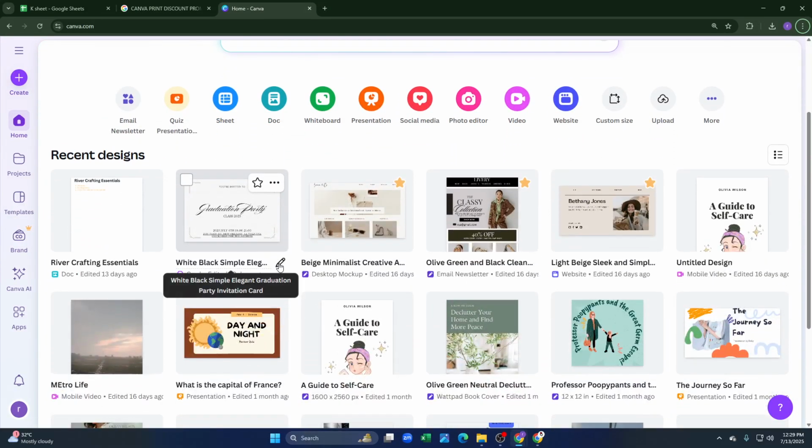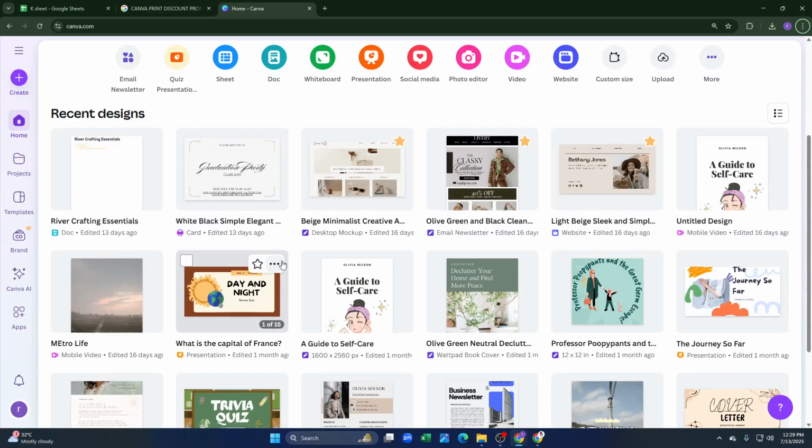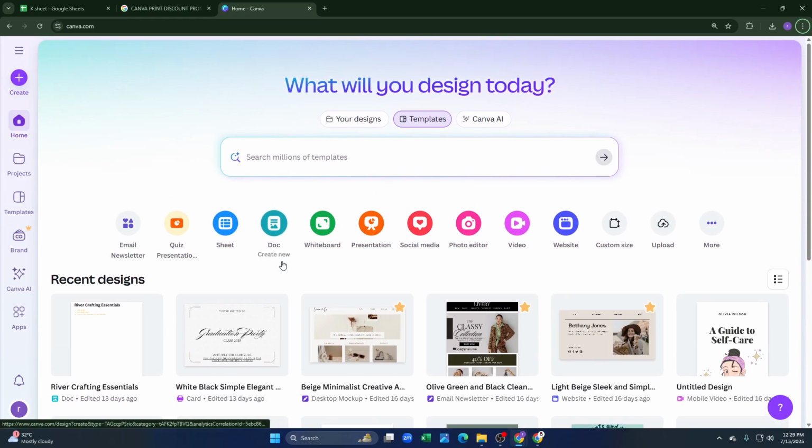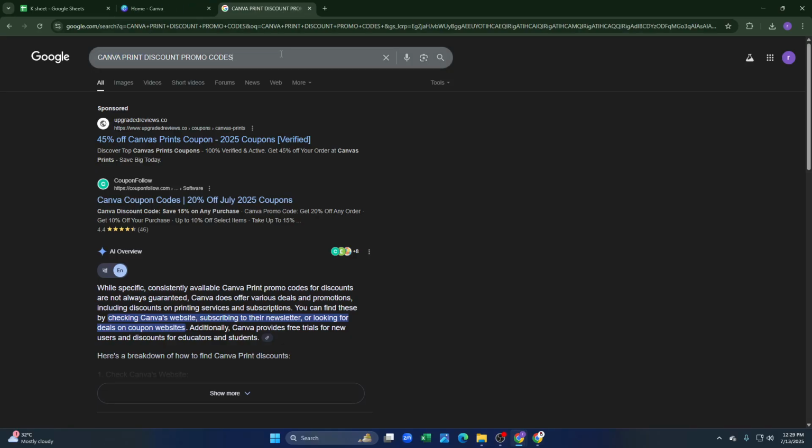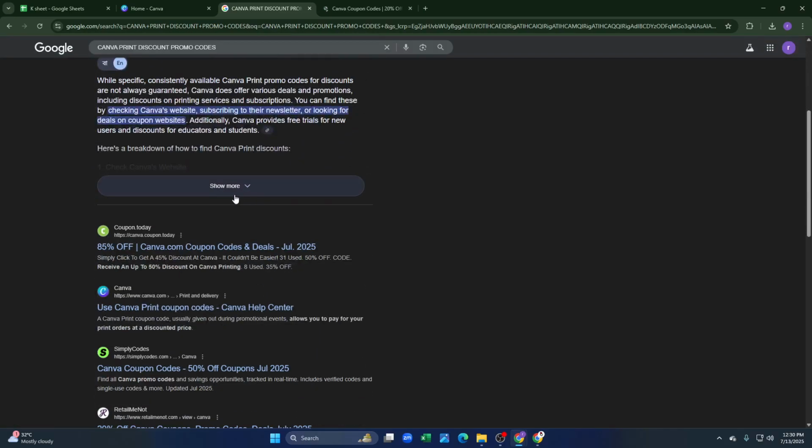So in this video I'm going to show you how you can get the best Canva print discount promo codes in 2025 in a full guide. So first of all, you need to open a new browser tab and search for Canva print discount promo codes. And after searching, you can see there are multiple web links here. You just have to open two or three